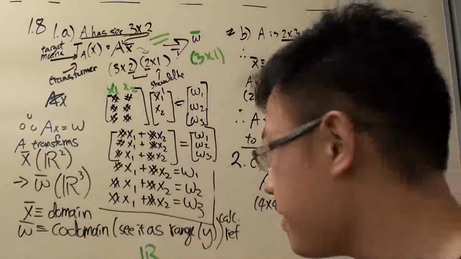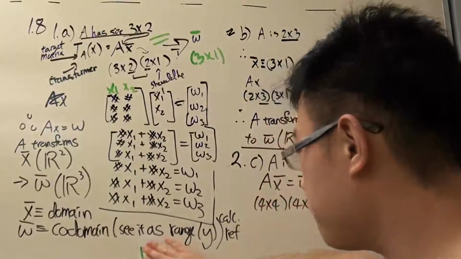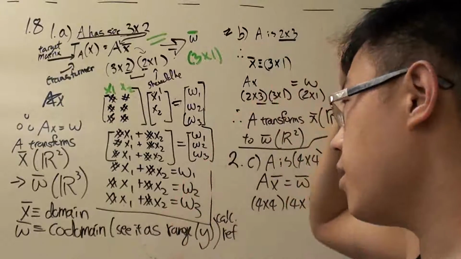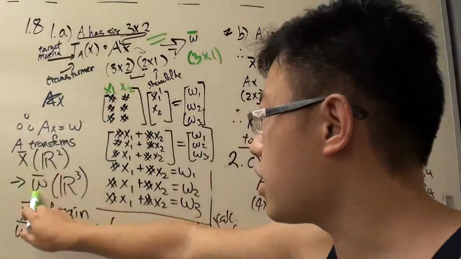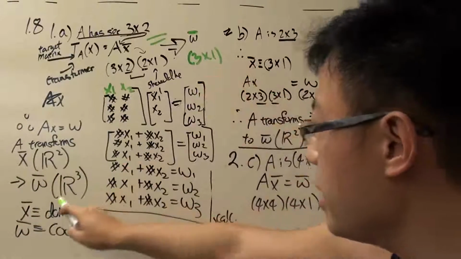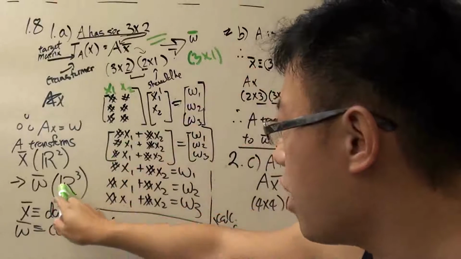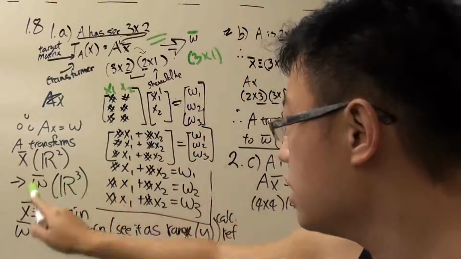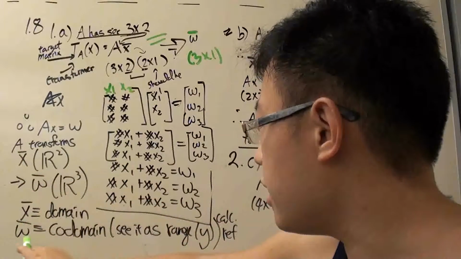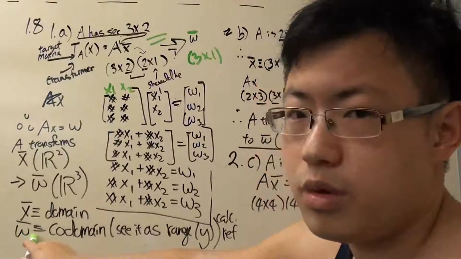I think that's what it means, but adapt appropriately. Worst case scenario, just write R. So anyways, that's what it is. And as we talked about, W, which happens to be this third column, is 3 by 1, right? So that's going to be 3 dimension, R cubed. So the starting point, the X vector, will be the domain, and the codomain is